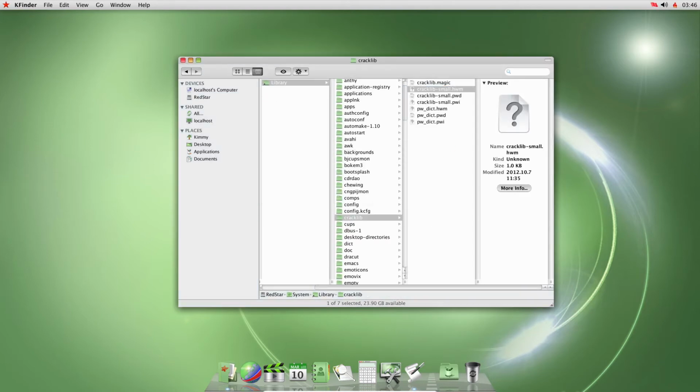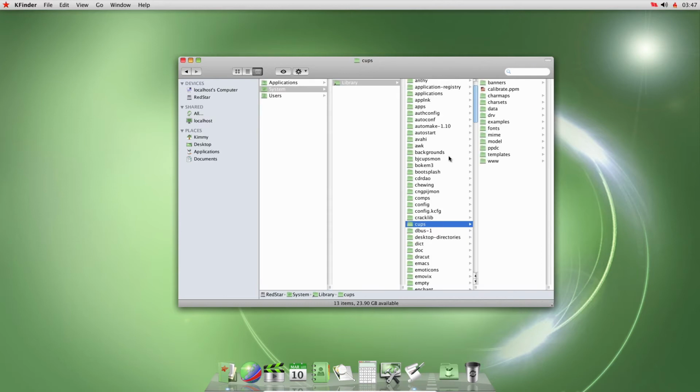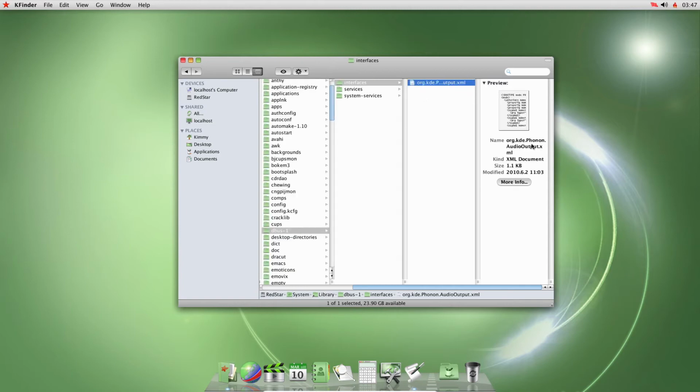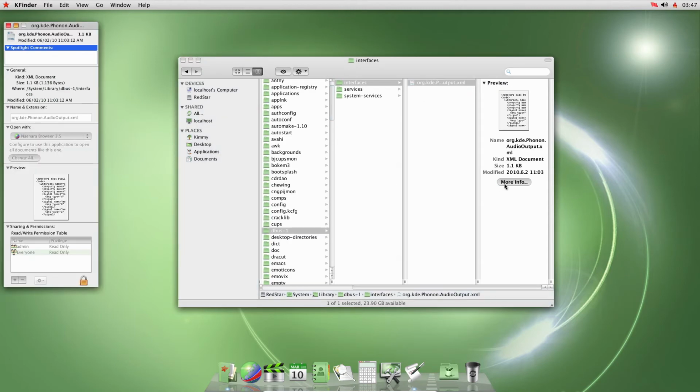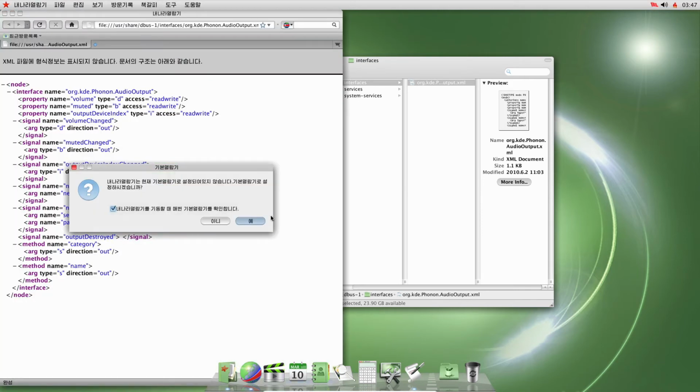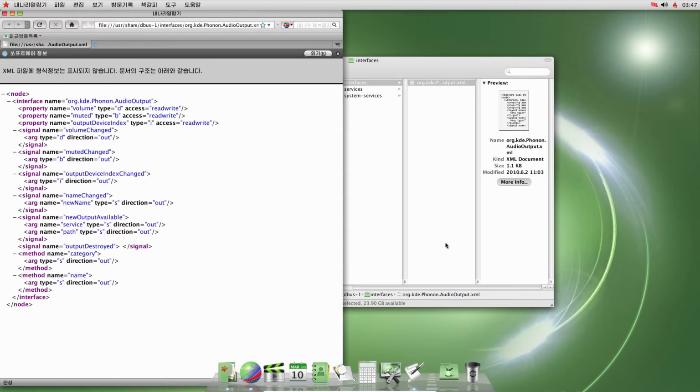Save as, wait, no, discard, cancel, something. Cups, dbus 1. Interfaces, what's this about? More info. Will it tell me? Okay. Oh, there's something right here. Oh, that, no. Oh, that's for that. That's for the internet. Yeah, okay, we're not gonna check that out right now because I want to do that